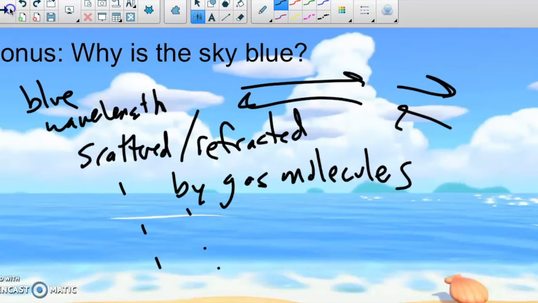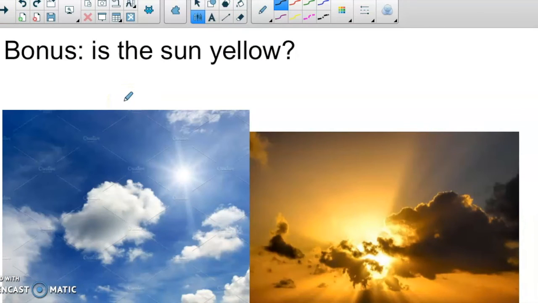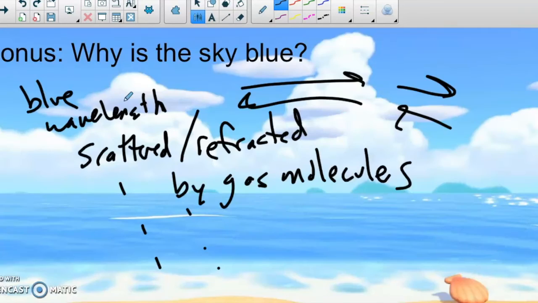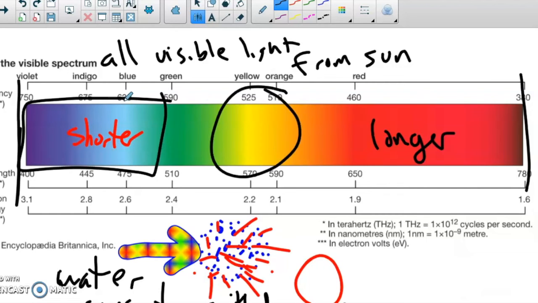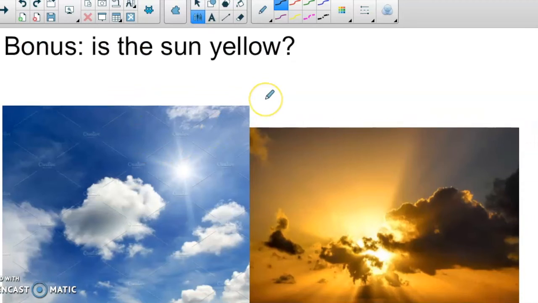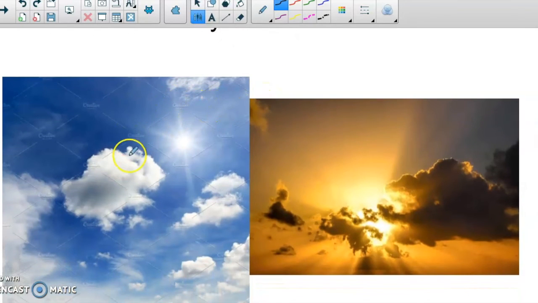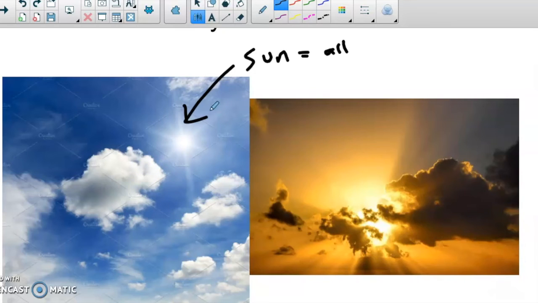And as an additional bonus question, that also relates to the color that we perceive the sun as. Since all of the blue rays in this range are getting bounced around the sky, we actually tend to perceive the sun as yellow. But take a look at these photographs. In the middle of the day, when the sun is high in the sky, it's not really appearing as yellow. The sun gives off all of the colors, which means the sun gives off white